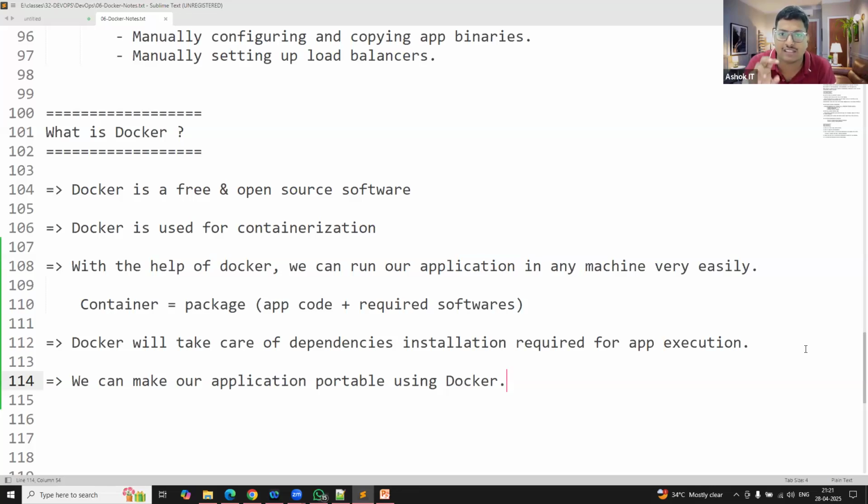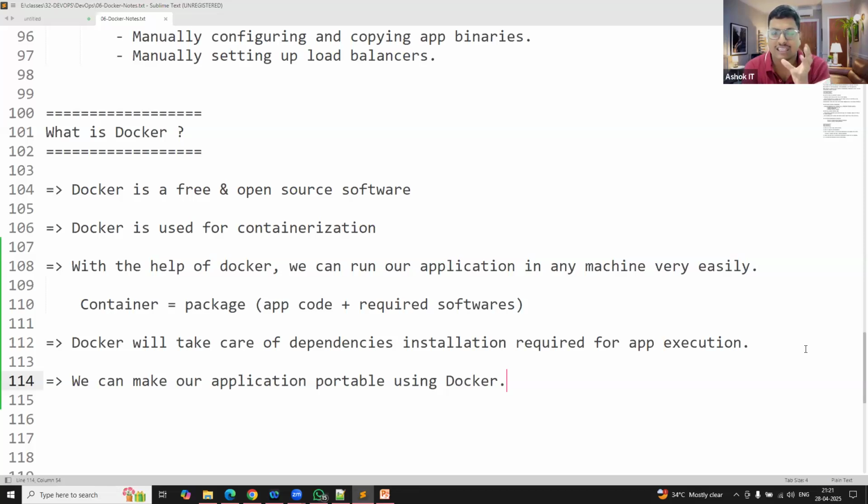What about the software required for the execution? I no need to do it. Docker will install all the required software to execute my application. That is called containerization. We are going to package our application code and application-related software to run my application. Angular software, Java software, Oracle software, Tomcat software.